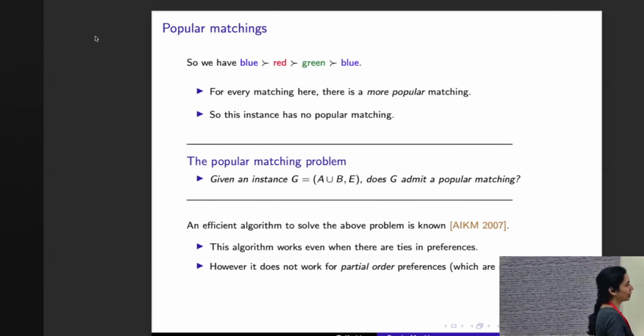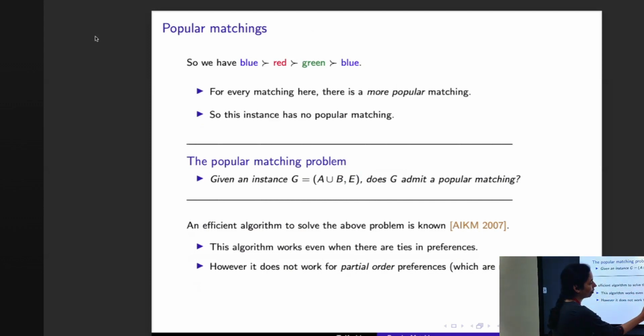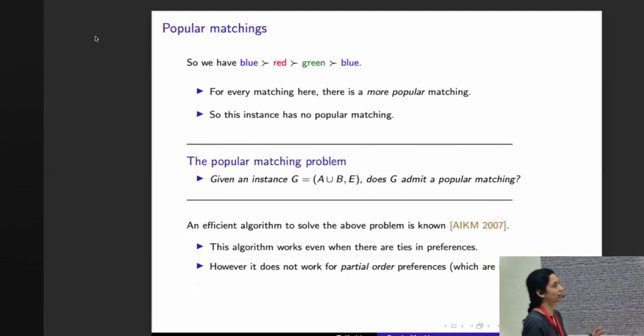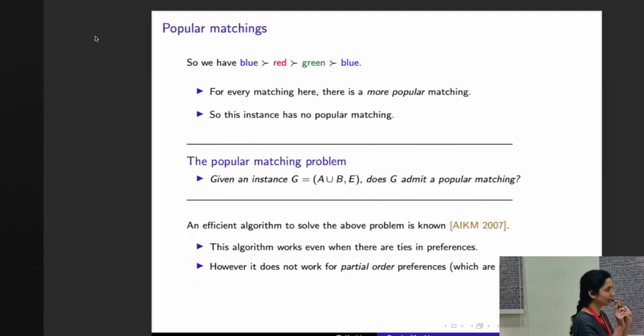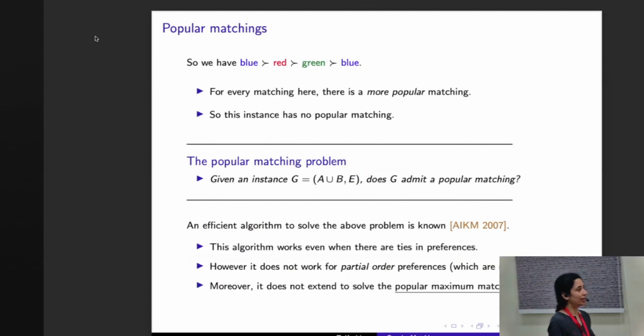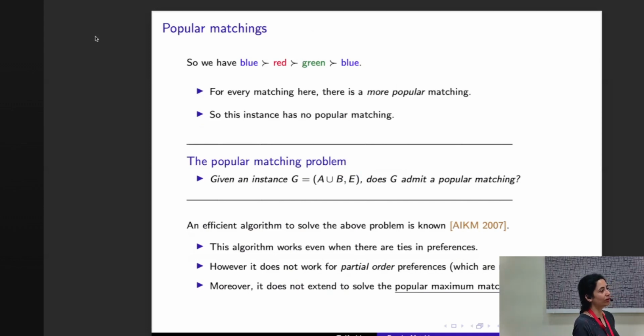The preferences form a partial order. Just take it as the general definition of partial order preferences. It doesn't work for partial order preferences,